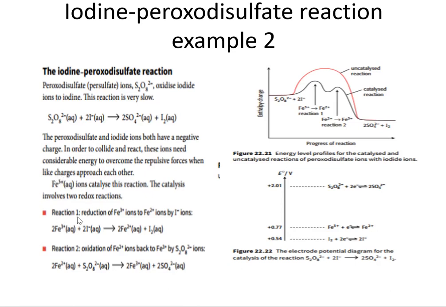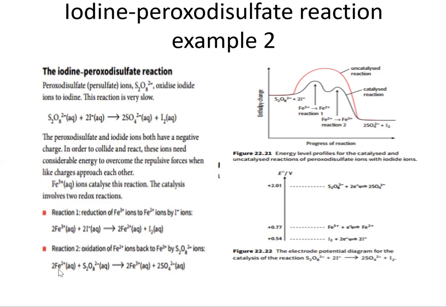So what happens, this reaction takes place in two steps. In step 1, either iodide or your persulfate, any one of the reactants, we make it react with the iron ions. If iodide we are taking, we make it react with the iron 3. So what happens, the iron 3 gets reduced to iron 2 and iodide changes into iodine. Then what happens,